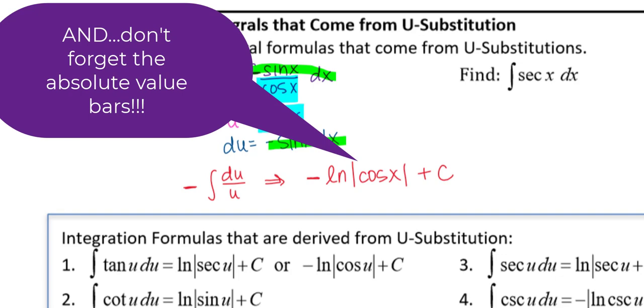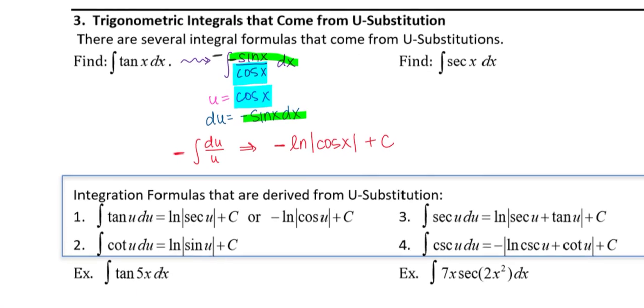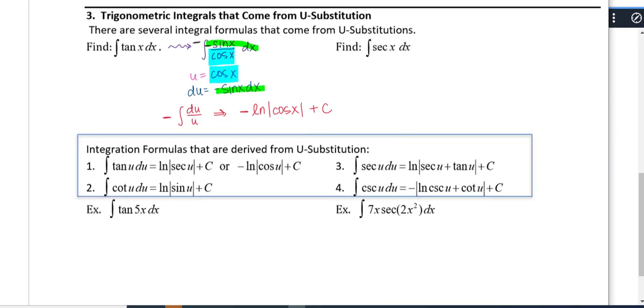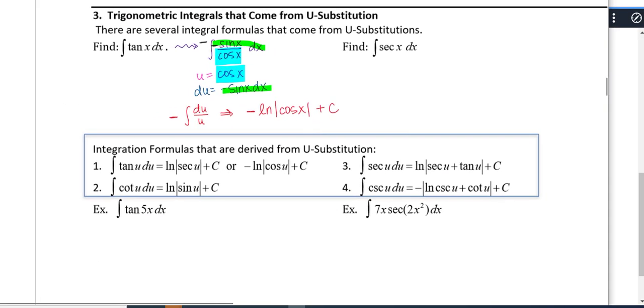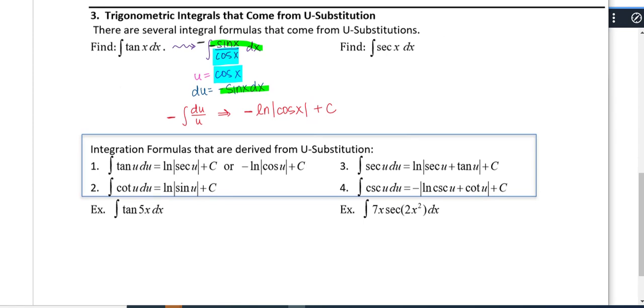This was an indefinite integral, so don't forget your plus c. Now, one natural log property that we might remember, so we'll go off to the side and see if this is something that you remember. If I have 3 natural log of x, that was the same thing as natural log of x cubed. And that was because this is natural log of x plus natural log of x plus natural log of x, right? So I have 3 natural log of x, that'd be 3 of them added together.